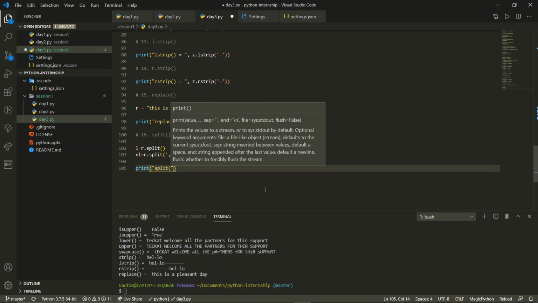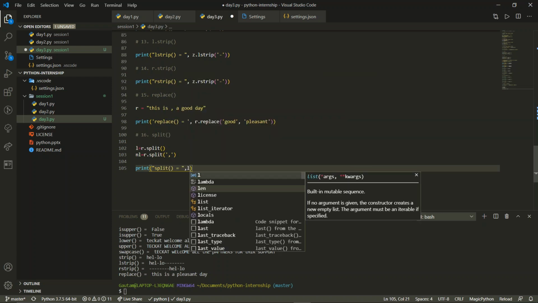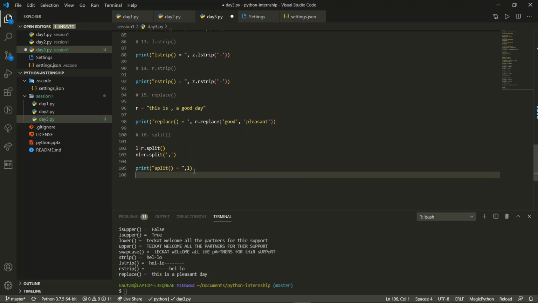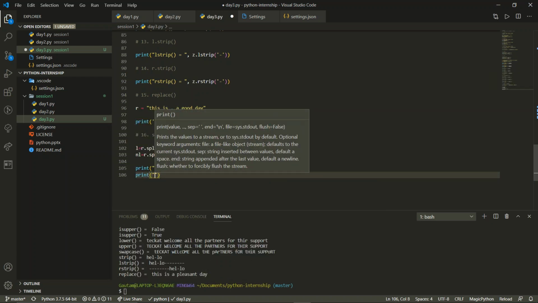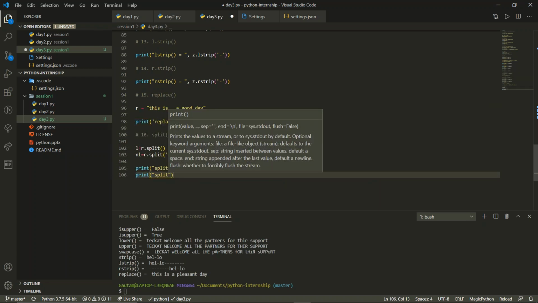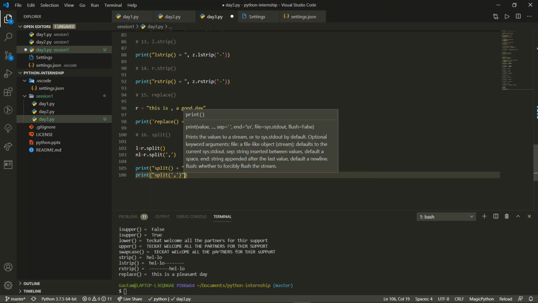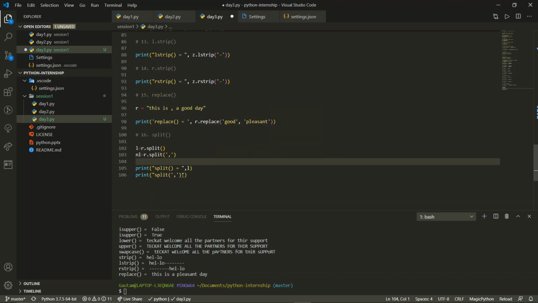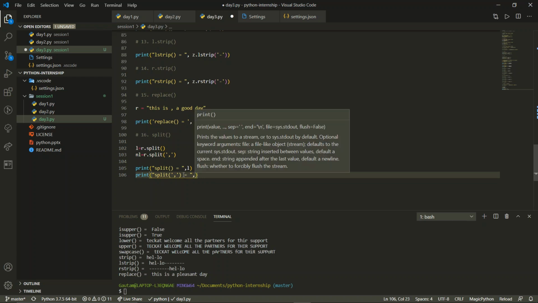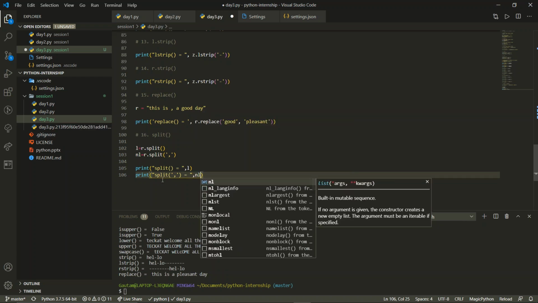Split, and inside it we have passed spaces, so we want to give only a space there, and we'll print L right away. And similarly, we will have a print, and inside that we'll pass split with comma, and then NL. So this is done.